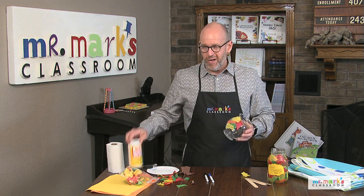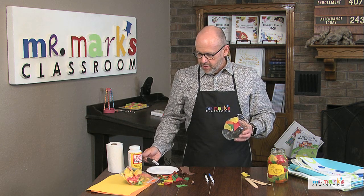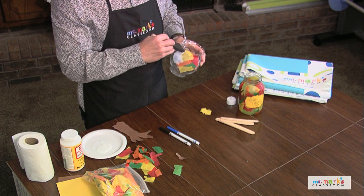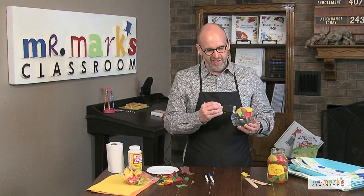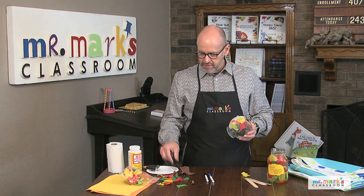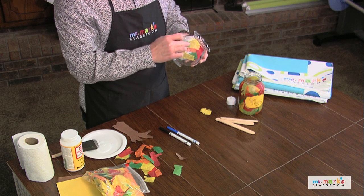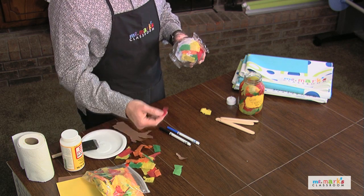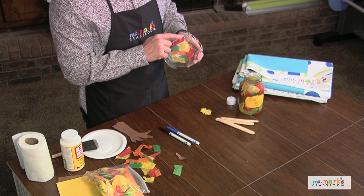Using Mod Podge, listen, this stuff is great when you're wanting to decoupage. It's so easy to work with. Provide the kids with some of this and a foam brush, and they just put on a little. The last thing you want to do is coat the whole thing, because then it'll dry before you could get all the pieces. So beforehand, we started by tearing a bunch of these little pieces of tissue paper,